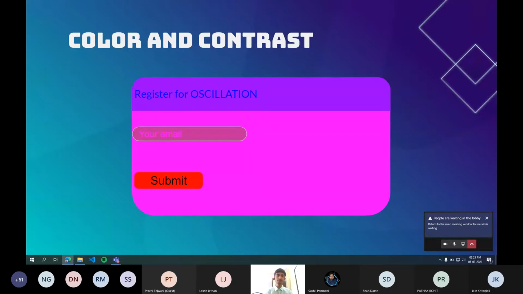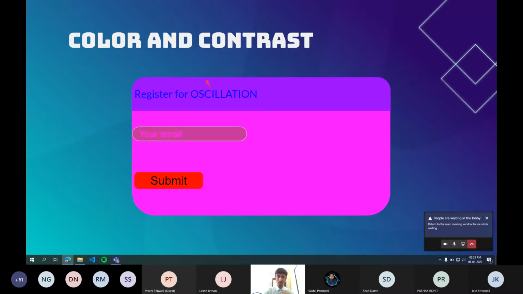As you can see, the heading over here, that is Register for Oscillation, is very dark blue in color, and the background is kind of violet. So the contrast is very weak, or very bad, and it is pretty difficult to read. Same thing goes for the help text in this input field.